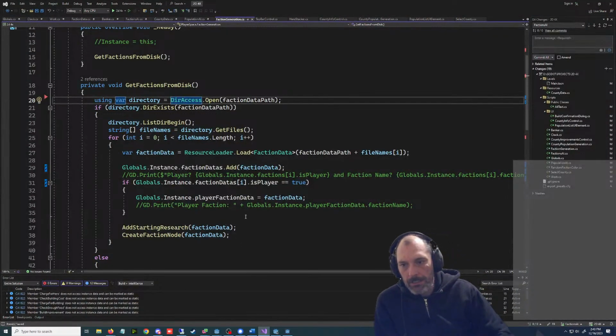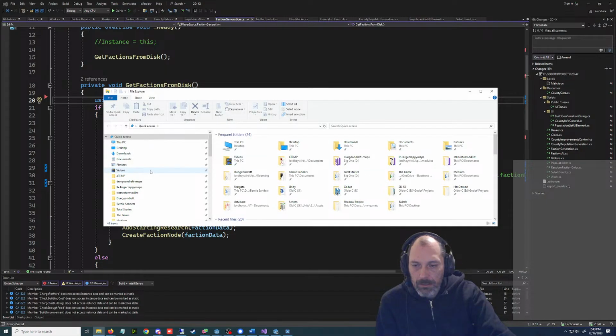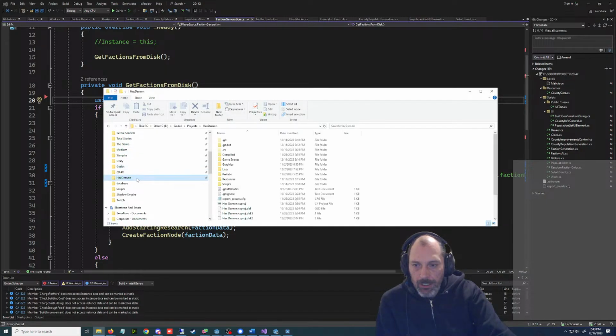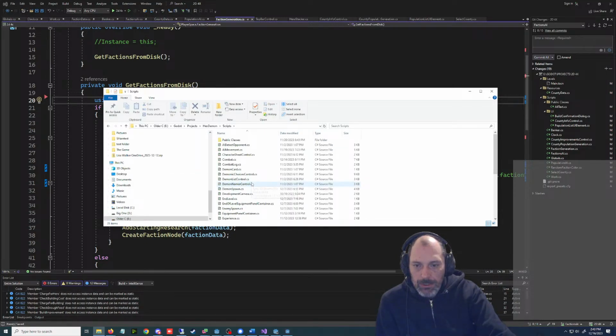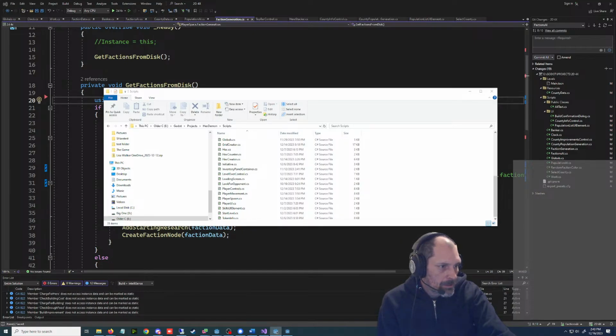So I thought I fixed this. How did I do it? Let me look. Hex Daemon also loads from this, and it doesn't have this issue. It loads a list of names as well. Doesn't this load names? Oh no, they do, but they both load names. So where am I loading these names?